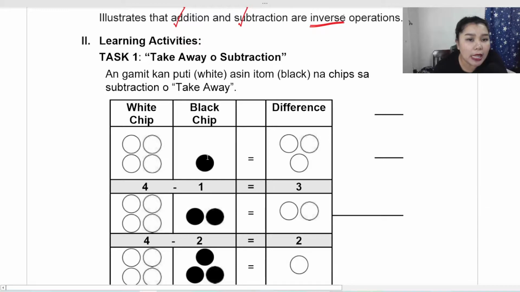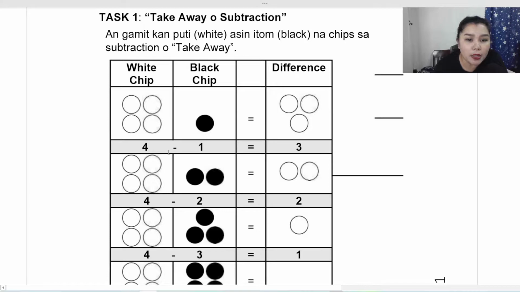Task 1, take away or subtraction. We use white and black chips in subtraction or take away. Below we have subtraction sentences, and on each subtraction sentence, white and black chips are used. First, we have 4 minus 1 equals 3. So we have 4 chips, and 1 is the one being deducted,